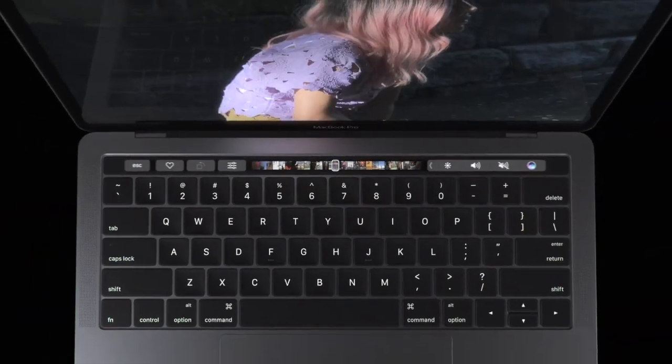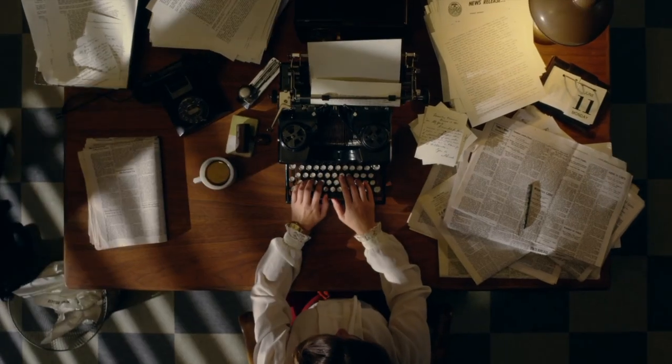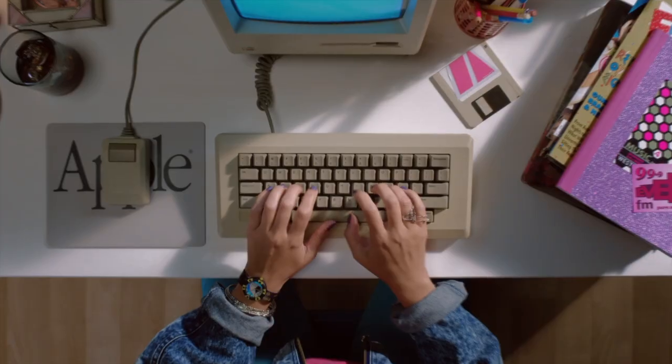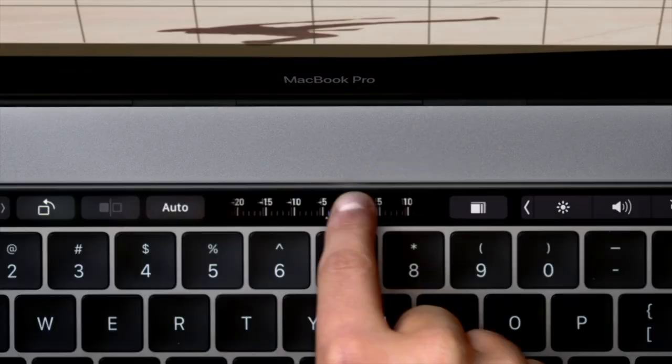So basically, the main feature about it is the touch bar, right? The touch bar is super awesome. The touch bar is meant to replace the function keys, which Phil described as being like 25 years old. Sorry, that's a Twitter thing, man. Why Leafy keeps tweeting? But the function key bar is 25 years old now, so there's really no point